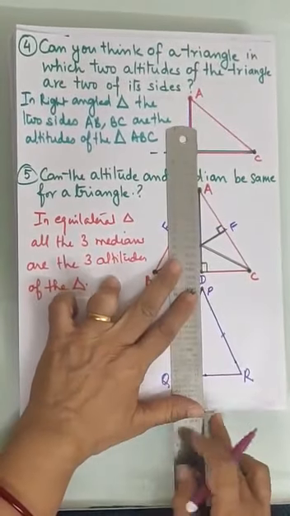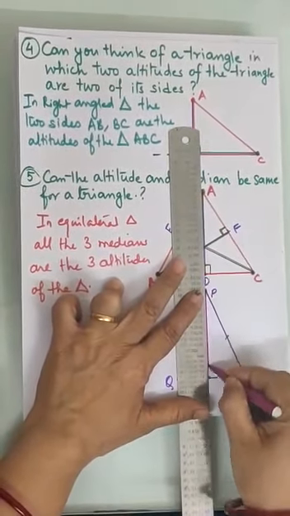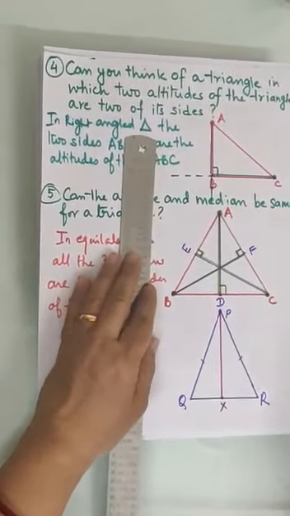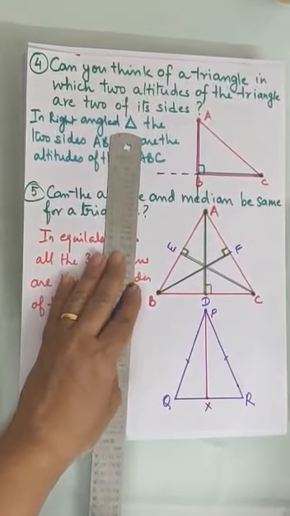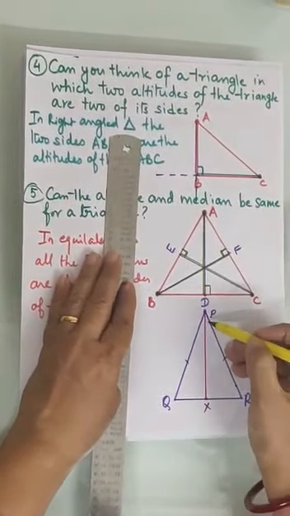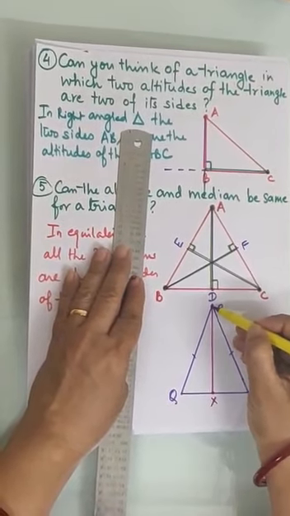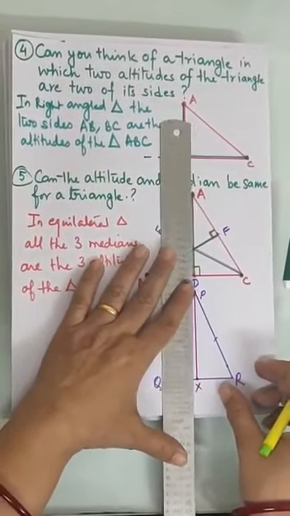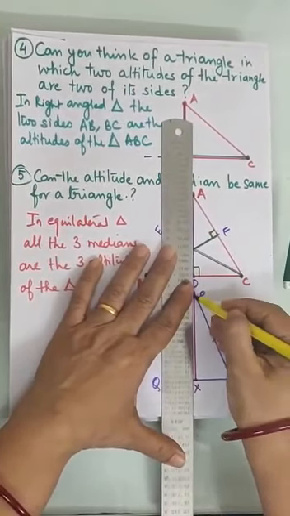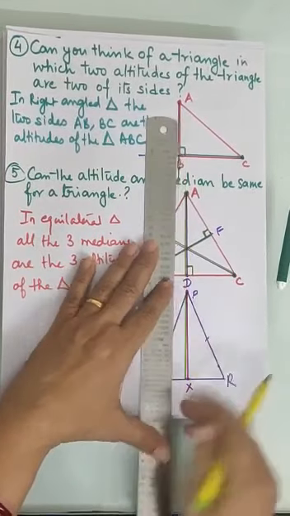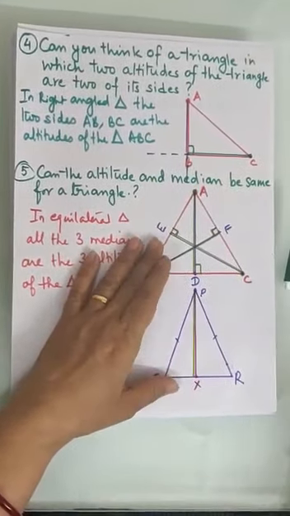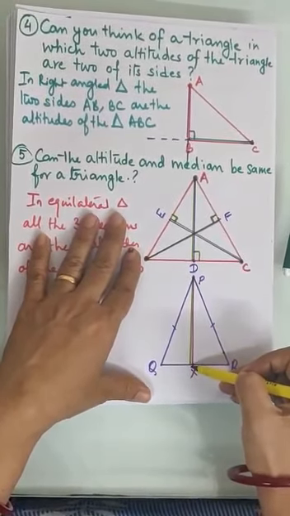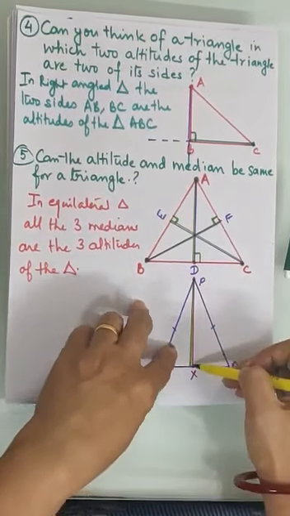Now join it. Let this point be X. Okay. Now from here again let us draw the perpendicular. What is perpendicular? That means altitude, line joining the vertex and perpendicular to QR. So let us draw the altitude. Again, when you draw the altitude, you find that it is the same line. Okay. So in an isosceles triangle, we find that this is the only altitude and median which is same.